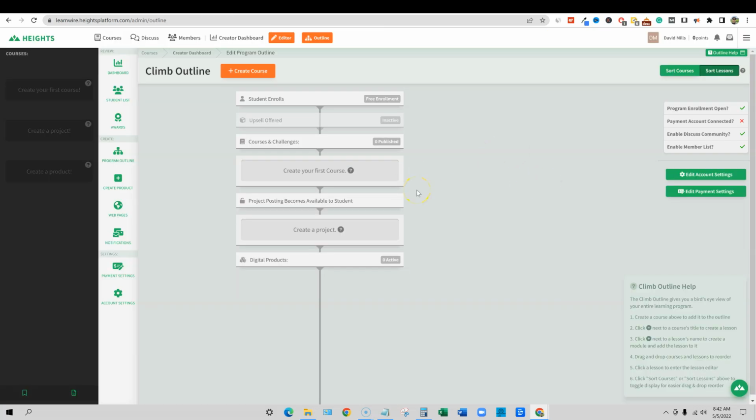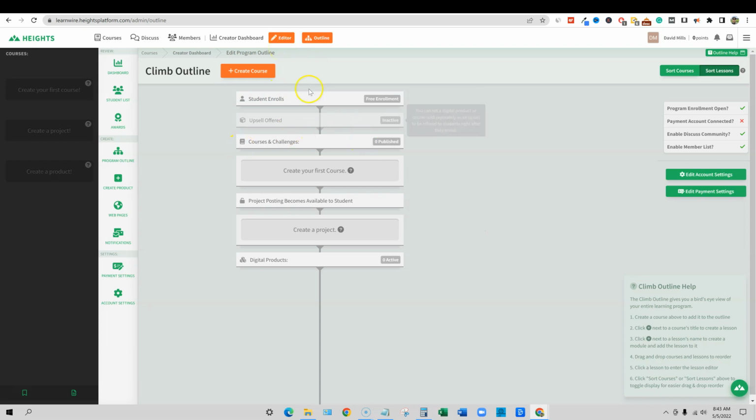And here is our demo of Heights. Okay, so this is what it's going to look like. You're going to come in here and they take you through a really nice tutorial, with little drawing tips that show you on the screen and explain where everything is. Basically, what you need to know is that everything in white up here is student based. That's what the students will see. Okay, so that's what it looks like for the students. And then the outline and editor is what it's going to look like to the instructor.